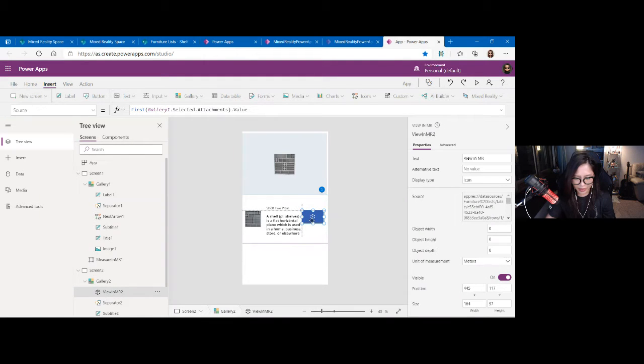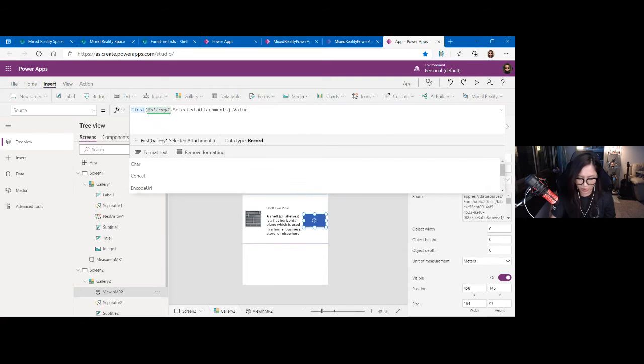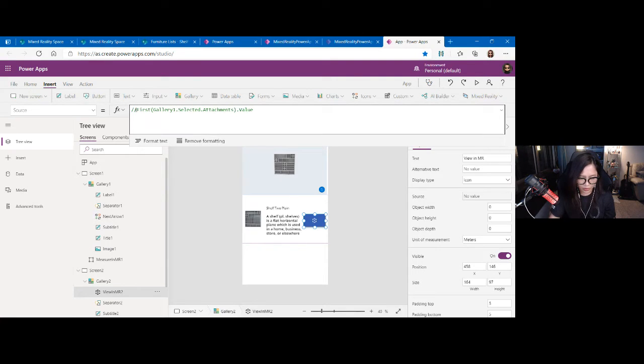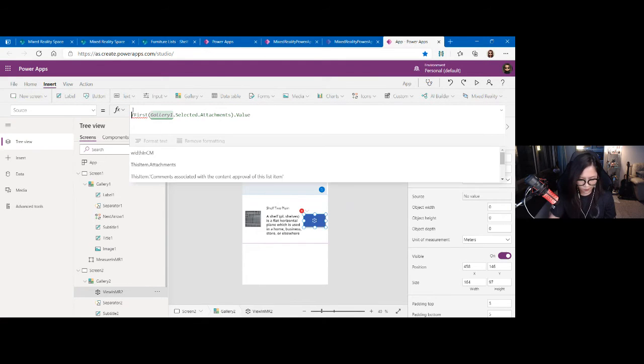So let's say you don't have 3D objects in your item, or you only have images. You could also use the images to view it. So you could use this value as well.